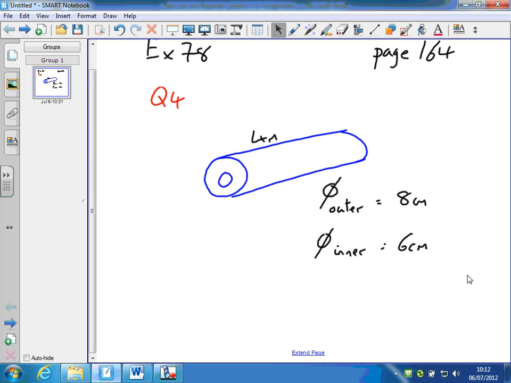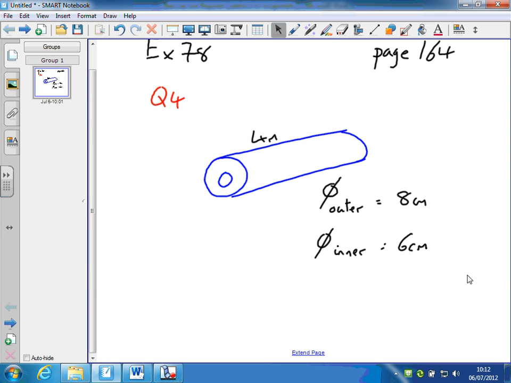Exercise 78, question number 4. Find the volume of this tube, this hollow tube. So what's the volume of the metal of this tube? So things to consider are that